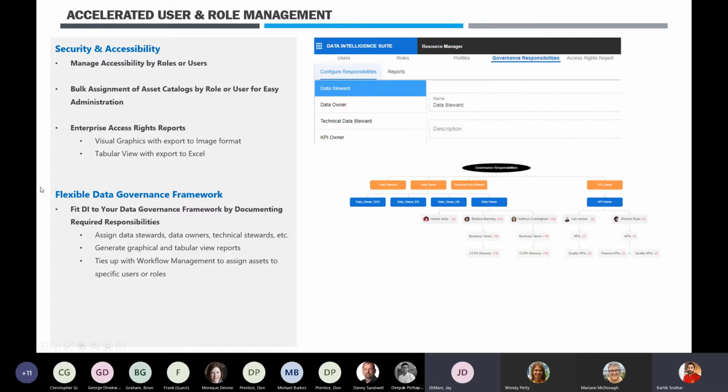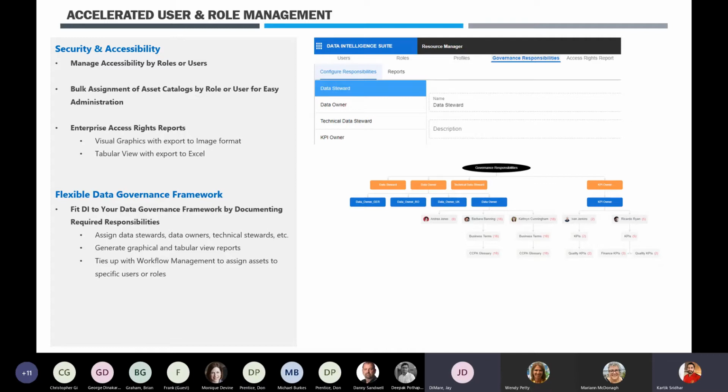Another key area that we've also enhanced with this 10.2 version is that customers now have the medium to stand up a data governance framework that meets their governance standards. What this means for you as a customer is you now have the ability to define what your data governance council looks like.